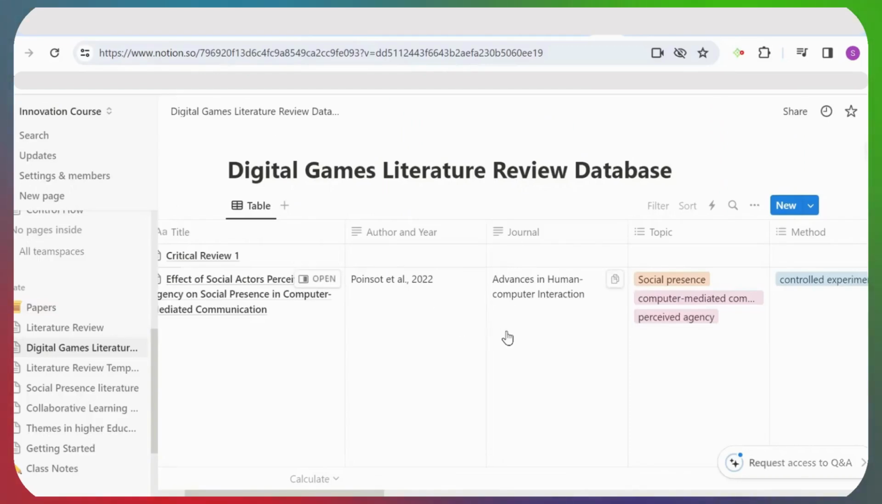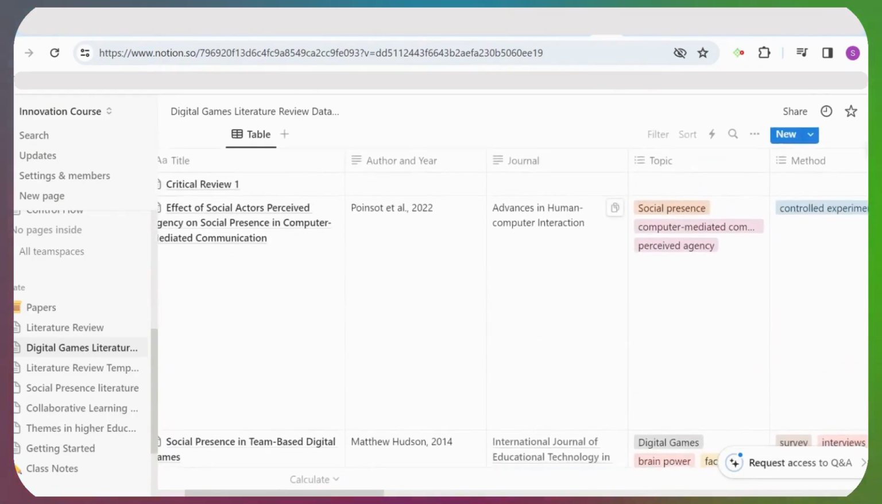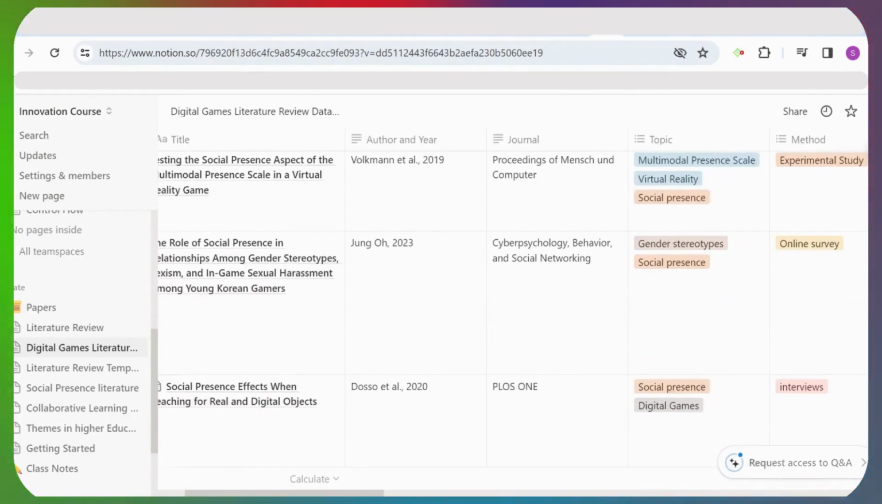So this is the Notion database that we're using. I've shown you how to create this database in a previous video. If you'd like to see that, I'll leave you the link at the end of this video so you can look at how you can set up the columns and the different sections. For our purposes, we're going to scroll down and start putting the information that we have extracted